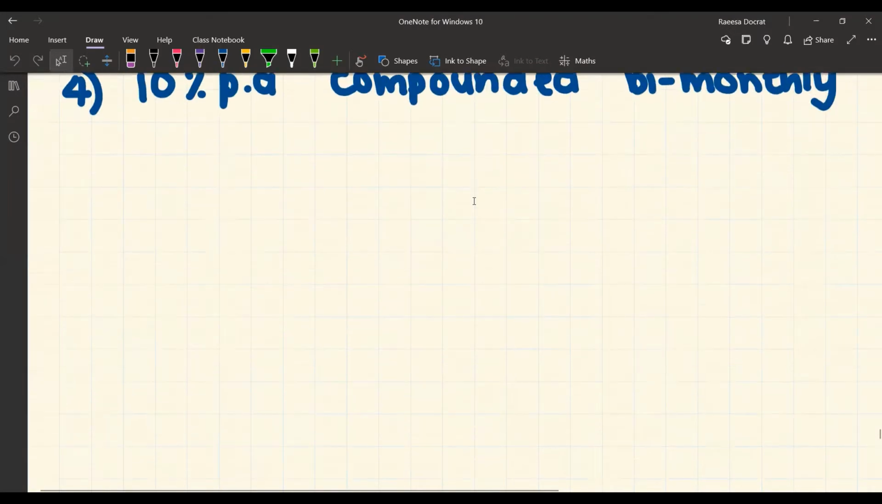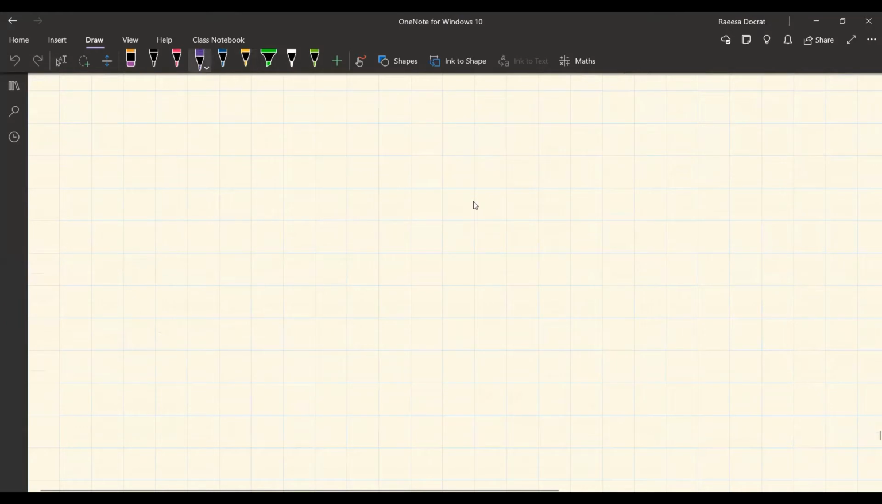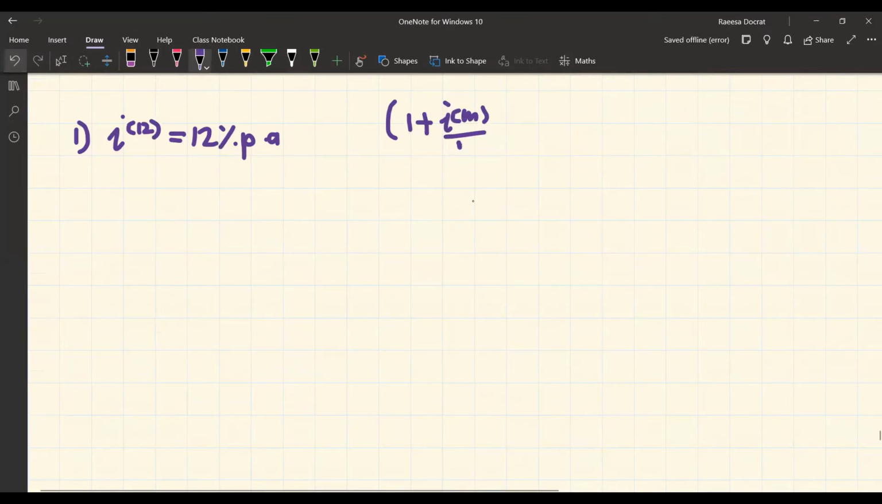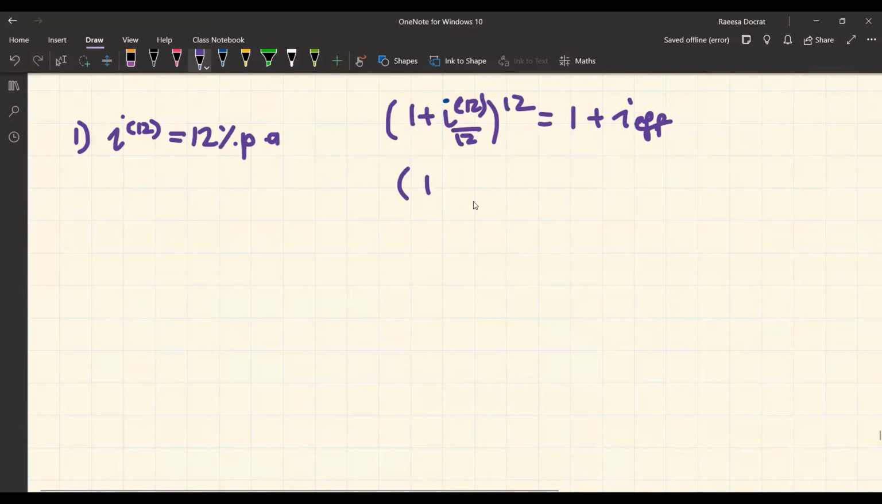The first is 12% compounded monthly. So here the nominal interest rate is i_12, and it's 12% per annum. We have (1 + i_m/m), and in this case we're working with i_12, so let's fill that in. (1 + i_12/12)^12 = 1 + i_effective, the effective rate. So we have (1 + 0.12/12)^12 = 1 + i_effective. Typing that into our calculator and solving for the effective rate, we get that it is